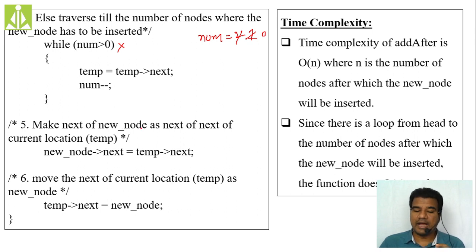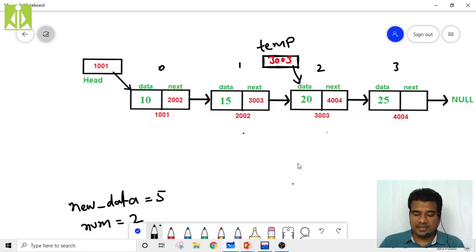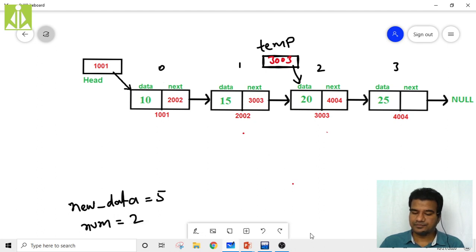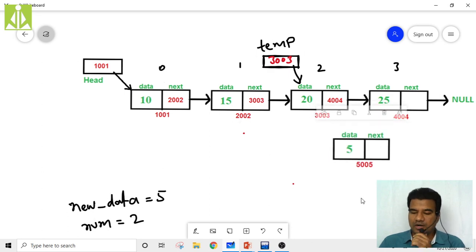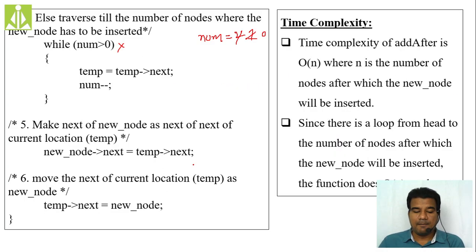So take the new node, and whatever next we have as the next of the current location, that is nothing but temp. Bring it into our consideration. Hopefully it is visible to you. Make the new node's next pointer the next of the temporary pointer, that is the current location.